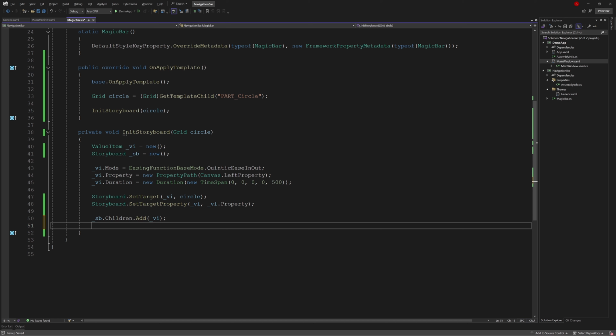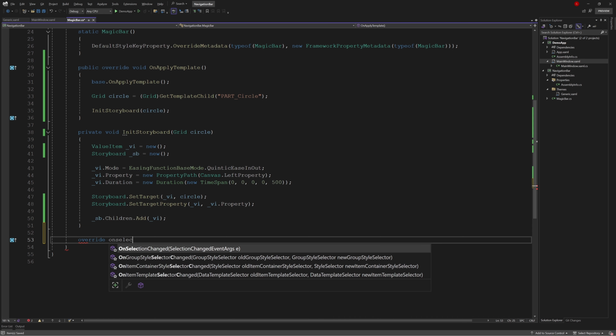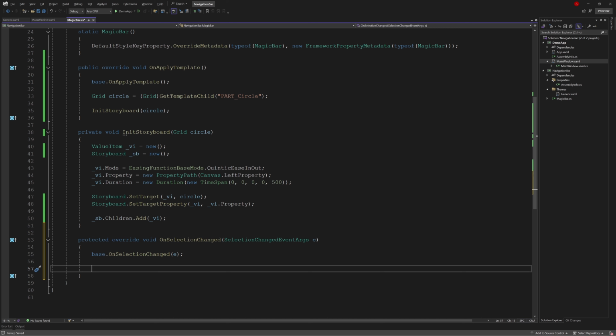Next, we'll handle the menu part. Every time we select, we want it to move. So here we'll choose the override OnSelectionChanged method. Whenever we click this menu, SelectionChanged is triggered. Next, for moving to what position, we need to add the volume item too, but we can't directly add it here since it's in the previous menu. So we put this part out like this.